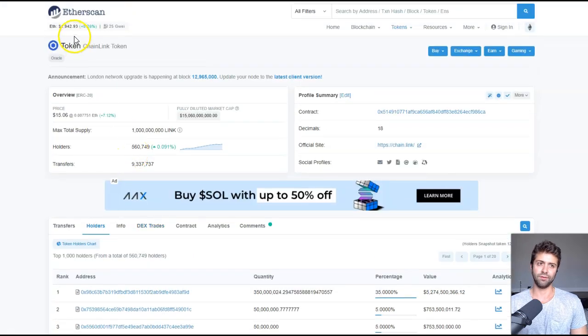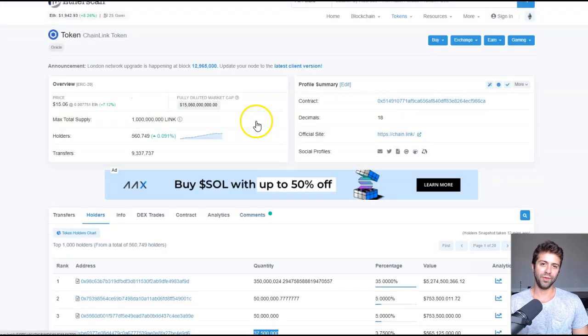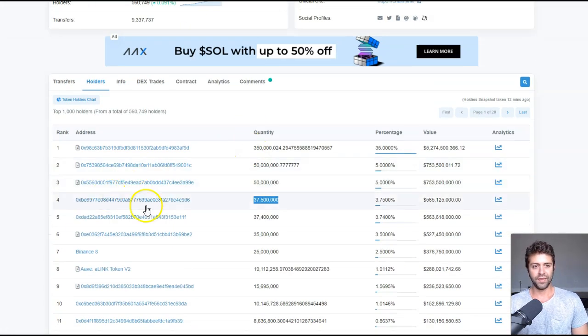Let's take Chainlink, for example. Again, not trying to talk badly about Chainlink. Chainlink is fine. I have no problem with it at all. But for the sake of the argument, let's take a couple of these guys. You know, these top 3 are smart contracts. Oh, this one owns 35% of it. 35, 5, 5, 3, 3. The top 5 addresses here own about 50% of the token. But are people crying about that? For some reason, not as much as they are about HEX, right?